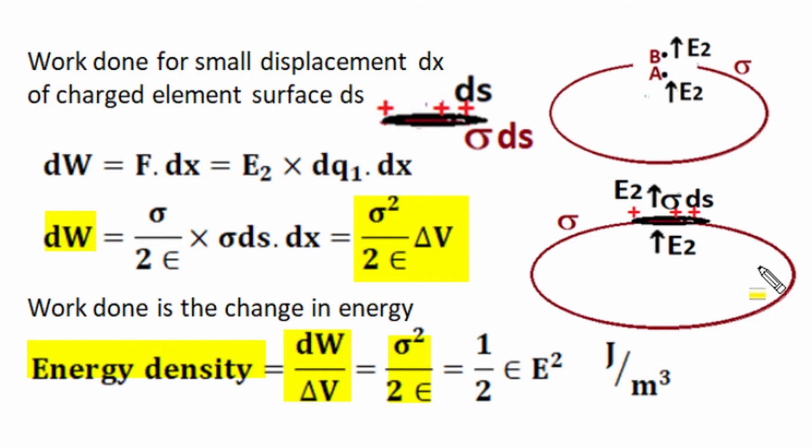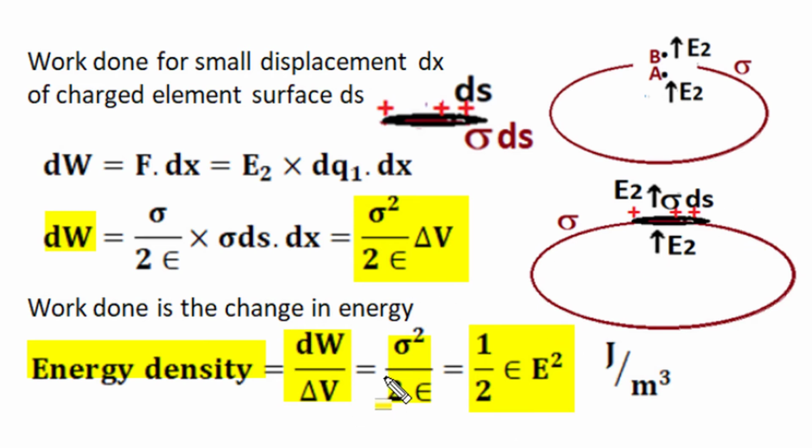we will get the energy density in such circumstances as sigma square upon 2 epsilon, and sigma is the product of permittivity and electric field intensity. If sigma is replaced in terms of electric field intensity, it will become half epsilon capital E square, where capital E is the resultant electric field contribution of the entire charge surface external to it. And now we can conclude that if a surface has electric field intensity capital E external to it and very close to it, and is placed in a medium of permittivity epsilon, then that surface has energy density half epsilon capital E square, and this expression of energy density is identical to electrostatic pressure.